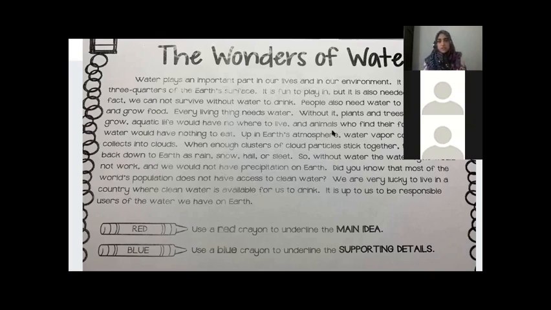The passage continues: up in the Earth's atmosphere, water vapor cools and collects into clouds. When enough clusters of cloud particles stick together, they tumble back down to Earth as rain, snow, hail, or sleet. Without water, what would this mean? There would be no rain, no snow. So we won't have any rain or snow. So if we see the sun all the time and we don't have any water to drink,